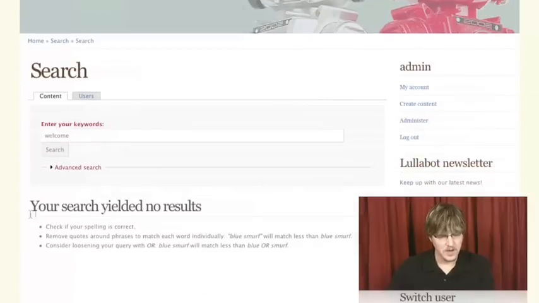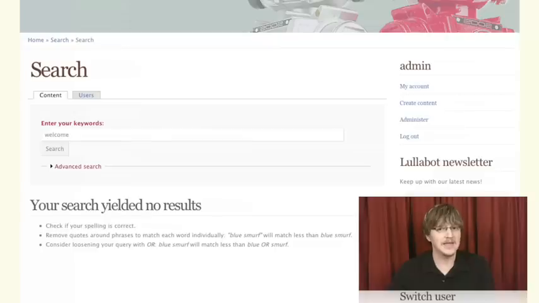However, what we're getting is "your search yielded no results." This is because Drupal has not yet indexed our website. It hasn't gone through and read all of the text on the website, from all of the content, and indexed it into the database. Drupal does this task as a background task on a periodic basis using what Drupal calls the cron